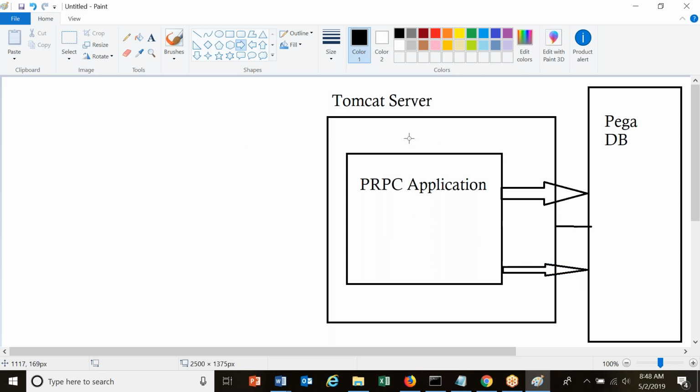So overall, it installs Tomcat server, Pega database, and this database is Postgres database. Okay. It will install database. It will install the Tomcat server. On top of Tomcat server, it will install PRPC application. This PRPC application will interact with Pega database. Now,